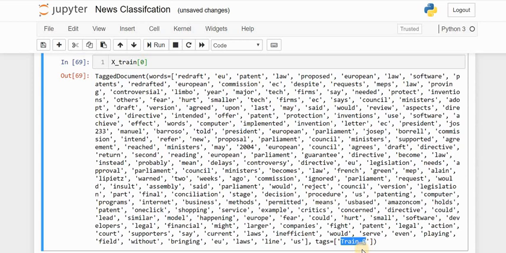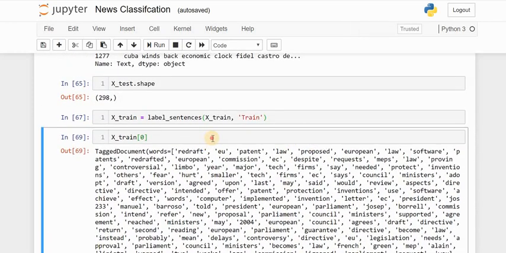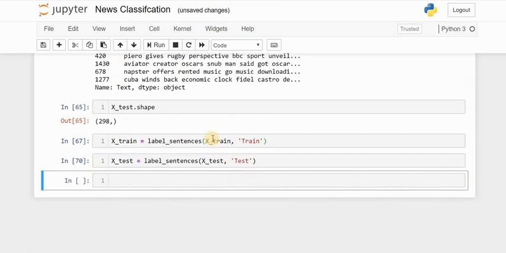If it is the second, then it will give train underscore 1, and so on and so forth. Similarly, we will do this for testing as well. This is the format which Gensim expects. In a similar way, you can also print xtest.